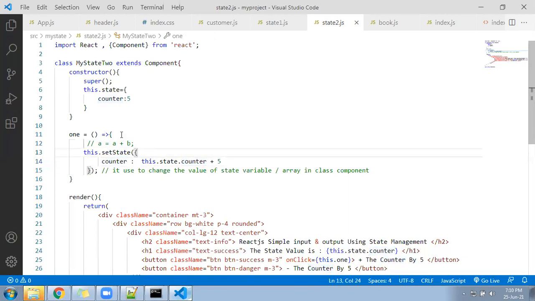Now save your file, come to the browser, refresh the page, auto refresh will happen. Click on that. See, is it coming?